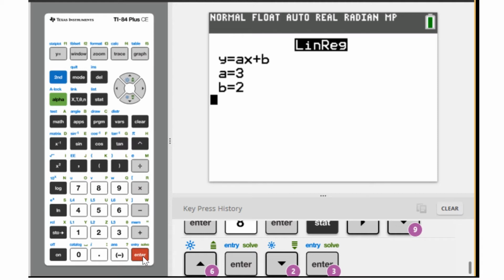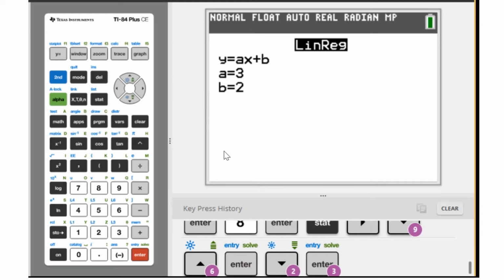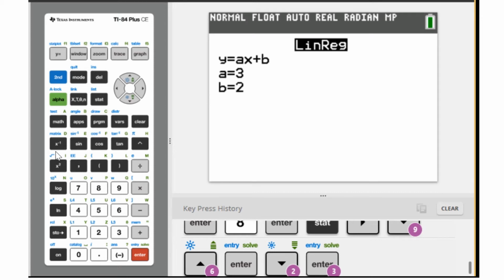Now let's assume that I want to make sure that this is the best function. This is where we can use the correlation coefficient to be able to find out if this is a good function or not. To turn the correlation coefficient on in this calculator, what you need to do is to do second, catalog,